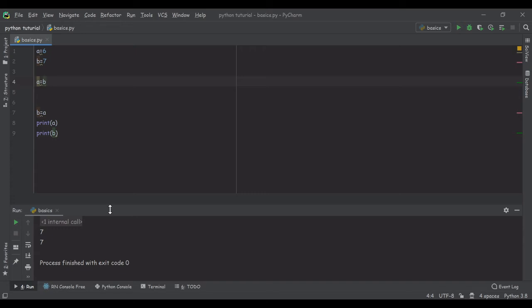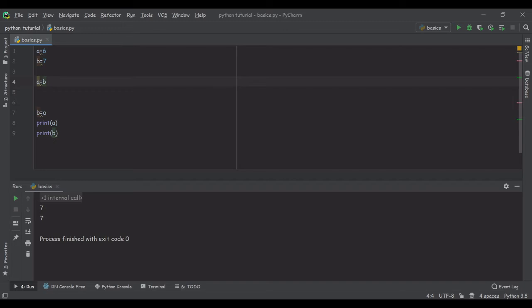By the answer we are getting, we can see clearly that we are getting 7 7. What we expected was that the value of a is 6 and the value of b is 7, and we want to make it reciprocal. We want a as 7 and b as 6, but here we got a also 7 and